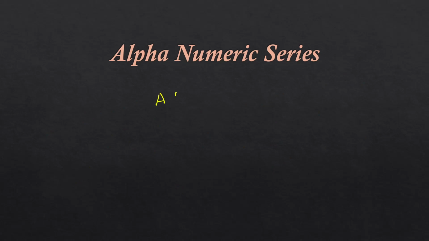If I write A, B, C, D, and so on, this is called only alphabet series. If I write 1, 2, 3, 4, 5, and so on, this is called only number series. If I write at the rate, hash, etc., this is called symbol series. And if I combine all of these, such as A,